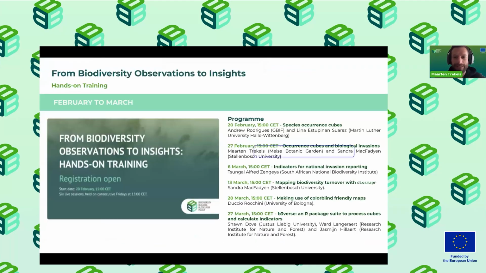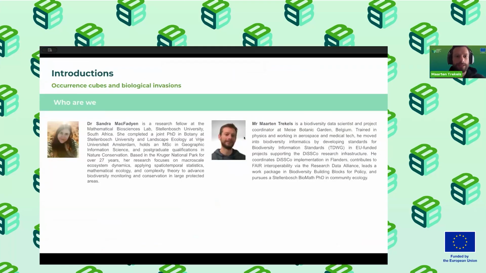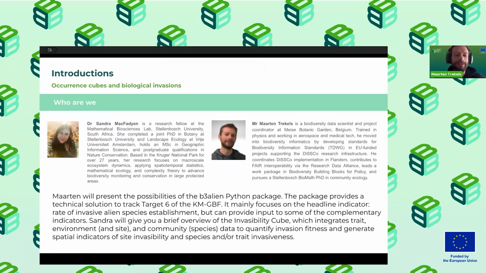I think we already went through this, so we are now at the 27th of February, where we're going to look at the occurrence cubes and biological invasions. We had our nice introduction already. I will focus on a Python package, B3 Alien, to track the target 6 of the GBF, while Sandra will give you an overview of an R package on